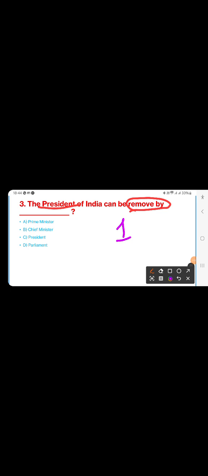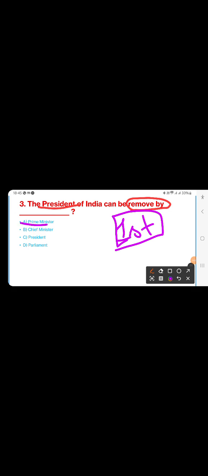So number 1, the President is the first citizen of India, means the highest authority. And already we know that the President is the head of the state, means he or she is taking the highest position of authority. So if I want to resign, I must give the resignation to my higher level. So first we have to find out who does the main work.